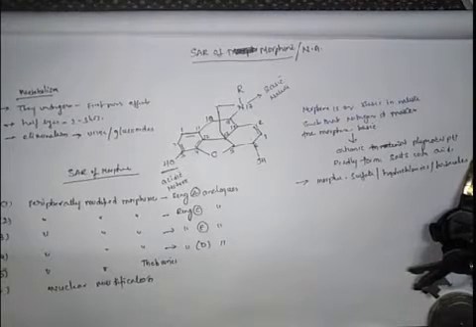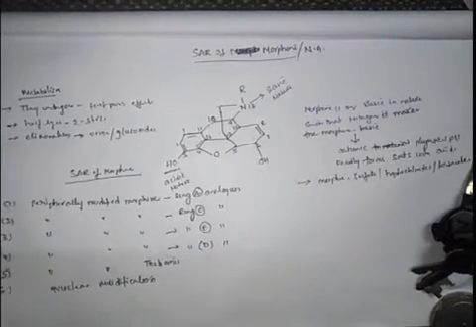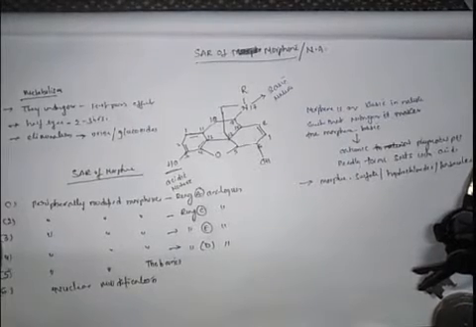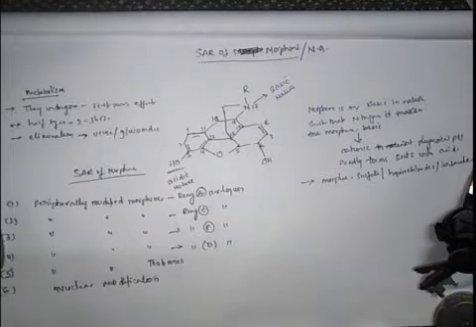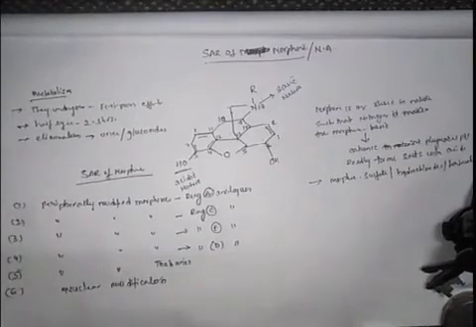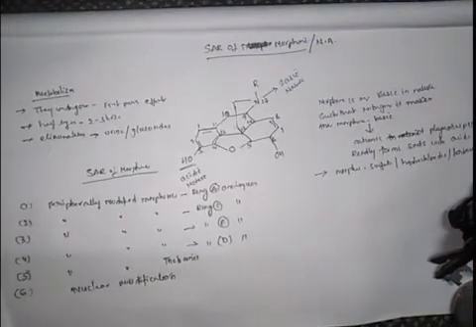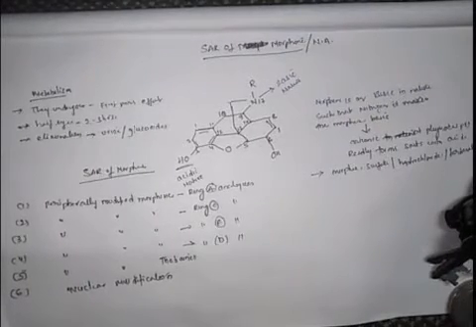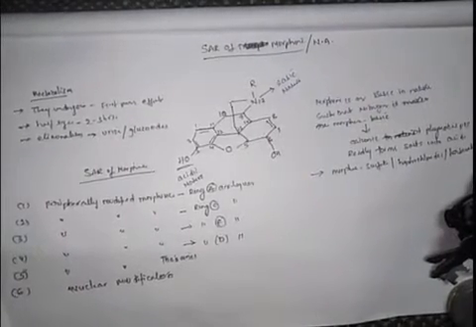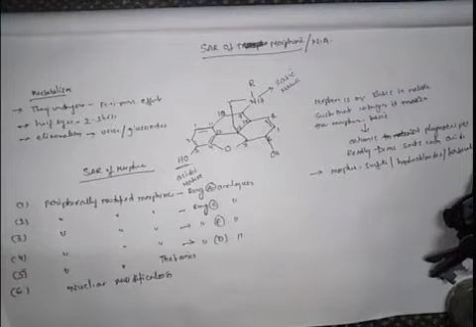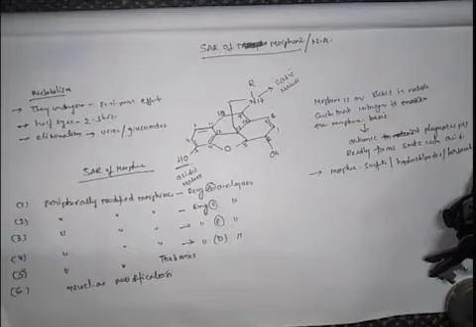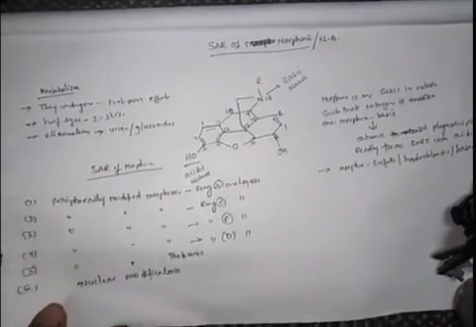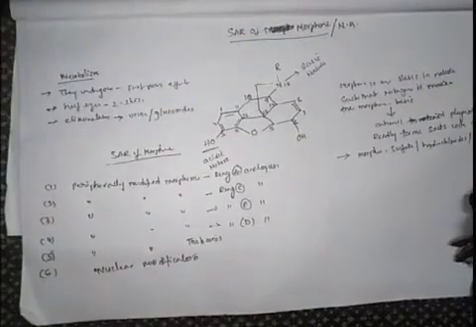The first topic is the peripherally modified morphines, that is the ring A analogs, and the second subtopic is the peripherally modified morphines, that is the ring C analogs. The third topic is the ring E analogs. The fourth topic is the ring D analogs, the fifth is the peripherally modified thebaines, and the sixth is the nuclear modification. One by one we will discuss these subtopics.